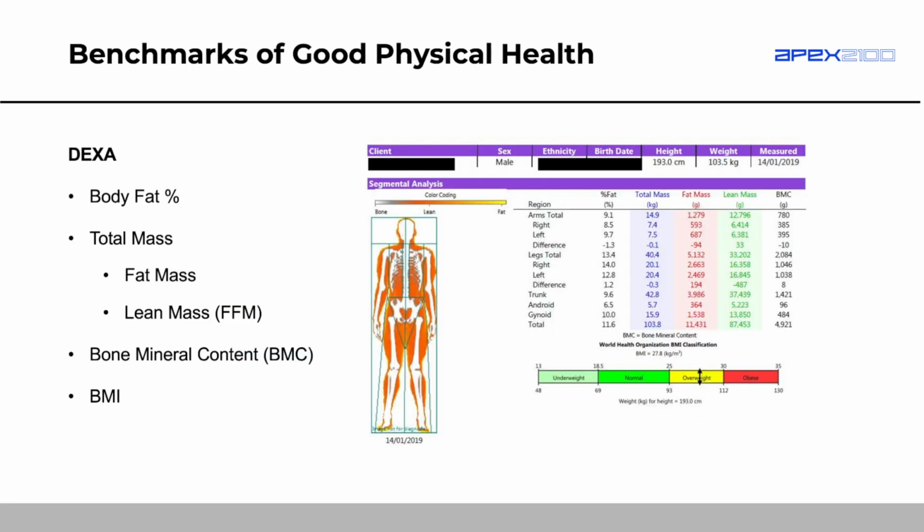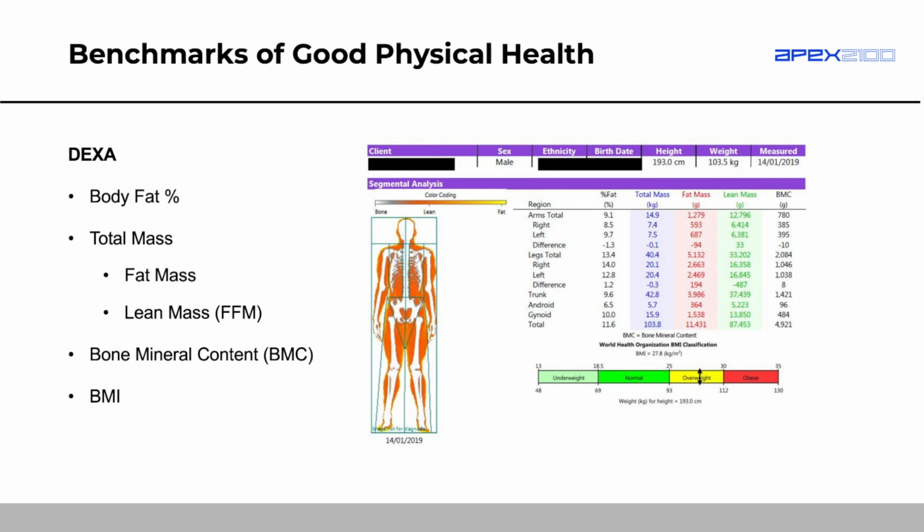And you can see that especially with this DEXA scan here. So let me talk you through what the DEXA scan is first. These are the results from the DEXA scan. It gives us body fat percentage, not only of the total body, but also of all the different regions of the body. It tells us about our total mass. It gives us fat mass. It gives us lean mass. And then it also gives us our bone mineral content, BMC, which is right on the right-hand side. This is how much our bones weigh. So obviously the denser our bones, they're going to weigh more. The more brittle our bones are, they're going to weigh less. And then the last thing that the DEXA scan does is it gives us a BMI.